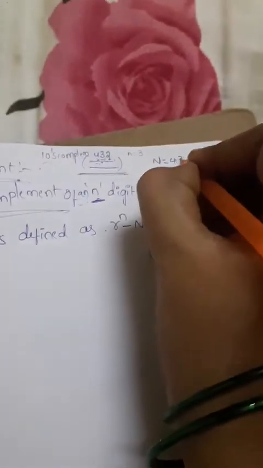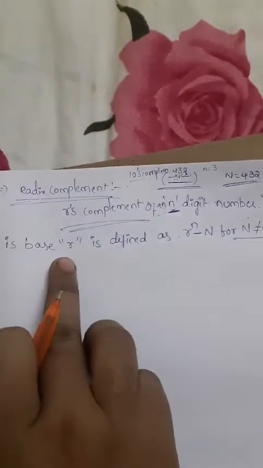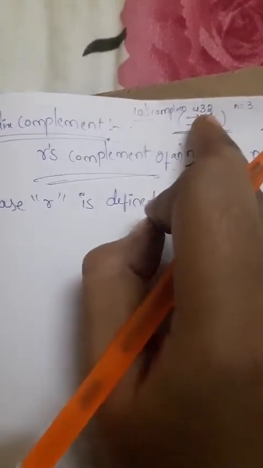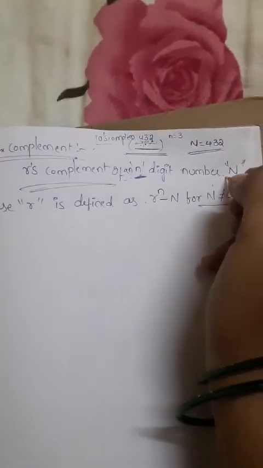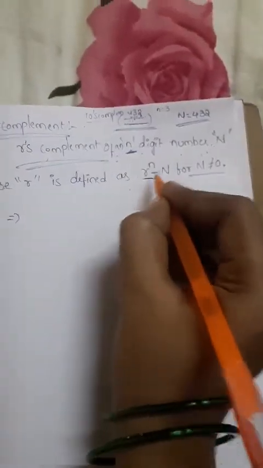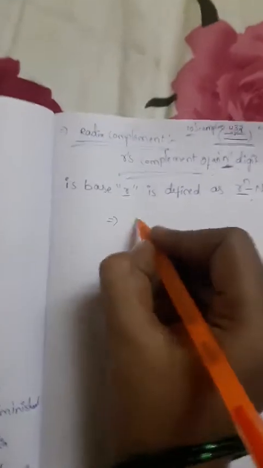So N is equal to 432, of the base. What is the base here? Already I explained, this is related to the decimal number. What is the base of decimal? That is 10, right? So that means the tens complement of a 3-digit number, capital N, in base R. What is the R base here? That is 10. It is defined as R power n. What is the R here? That R is represented as the decimal base, no? I can take here that N is nothing but 432.